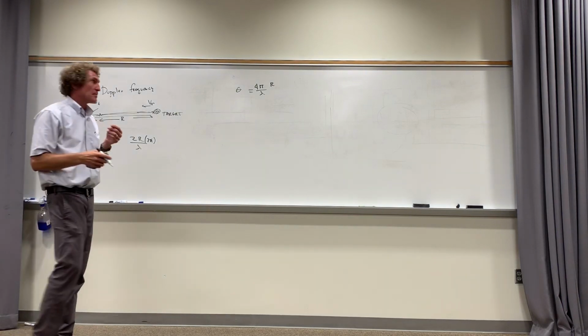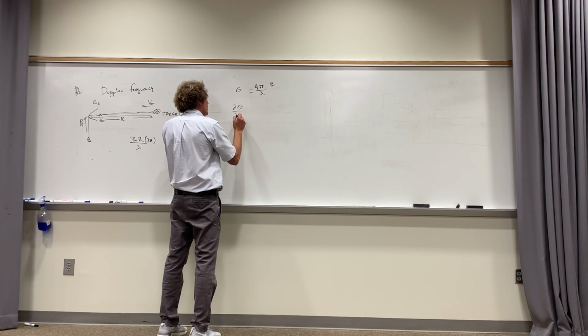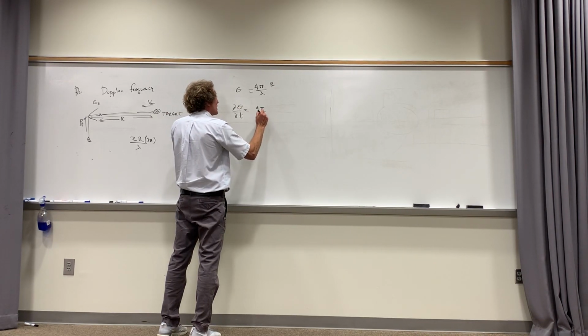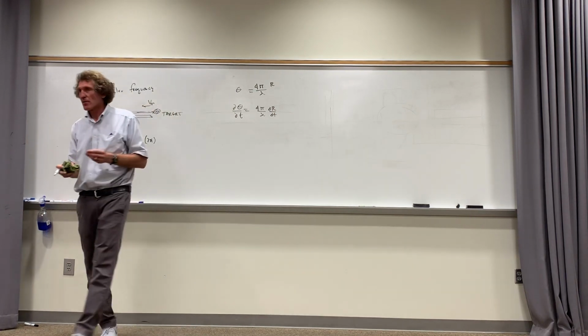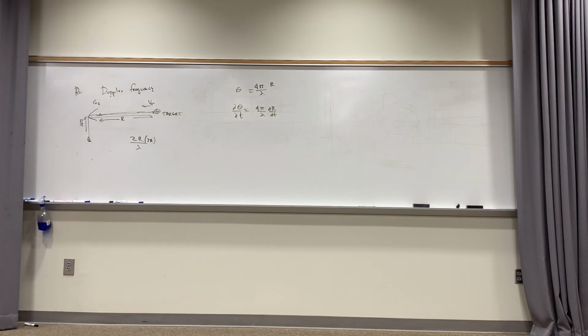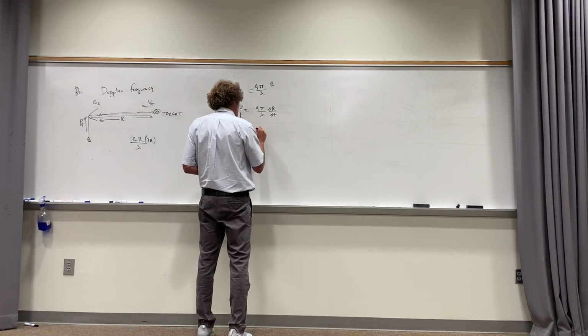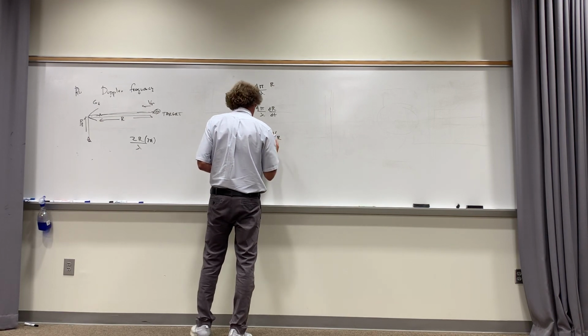Now if I take a derivative of this phase with respect to time, not r, then I get 4 pi over lambda times dr dt, or the rate of change of r with respect to t. Are you with me? Well, the rate of change of distance with respect to time is velocity, isn't it? And that's radial velocity. So I can say that this is really equal to 4 pi over lambda times v sub r. That's radial velocity.